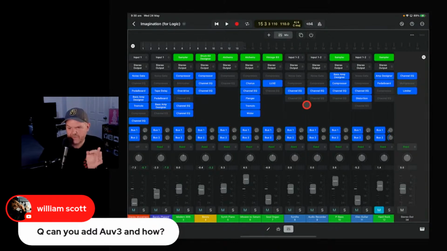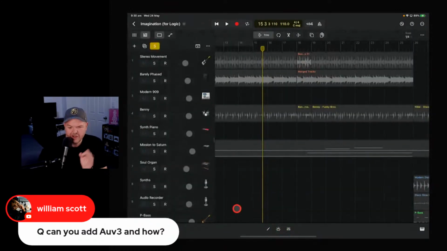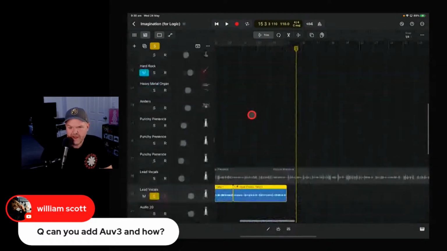I haven't had time to actually look at it, but that's what I would imagine is set up there, those stereo buses. So that's the other place you can play with your plugins. You can adjust them here in the mixer or in the plugins section. So you've got options. That's one of the good things about Logic Pro, is you've got options.